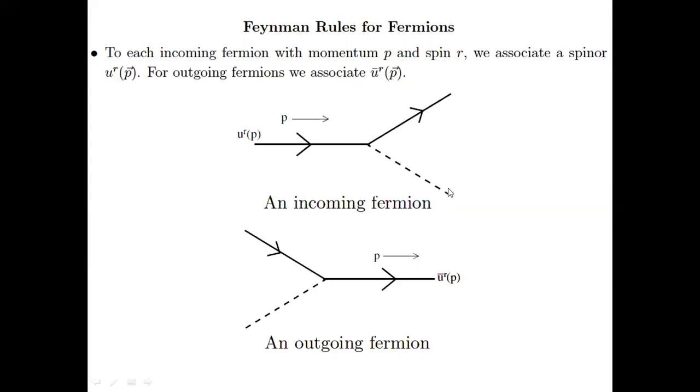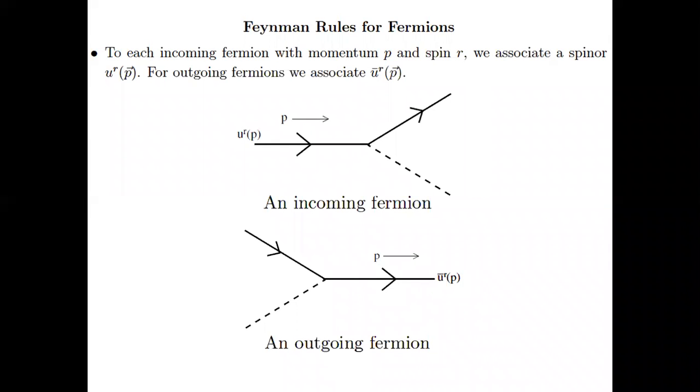Okay, so this is a scalar particle. An incoming fermion is coming to the vertex, scattering and going away. One more thing: here time is flowing in the horizontal direction, space is in the vertical direction. This momentum is the momentum of the fermionic particle. R is the spin, U is the operator of the incoming fermion, U bar is the operator of the outgoing fermion. This is the incoming, this is the outgoing. This is a scalar particle, and these arrows on the Feynman diagrams represent the current. The current is positive for the fermionic particle and negative for the anti-fermionic particle.